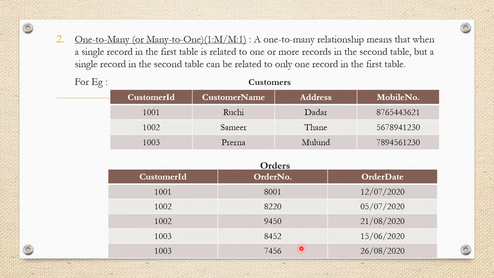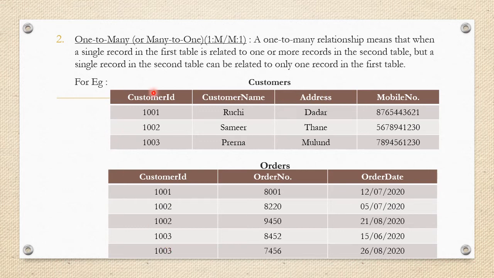ऐसा नहीं है, क्योंकि ये तो कस्टमर्स हैं और कस्टमर्स कितने बार भी ऑर्डर कर सकते हैं, है ना। हम लोग जैसे ऑनलाइन शॉपिंग करते हैं तो हम लोग का नंबर उनके पास नोट हो जाता है, और फिर हम लोग कितने बार भी ऑर्डर कर सकते हैं। ओके, सो कस्टमर्स टेबल में एक ही बार वो नाम रहेगा, लेकिन ऑर्डर्स में उनका नाम कितने बार भी आ सकता है।